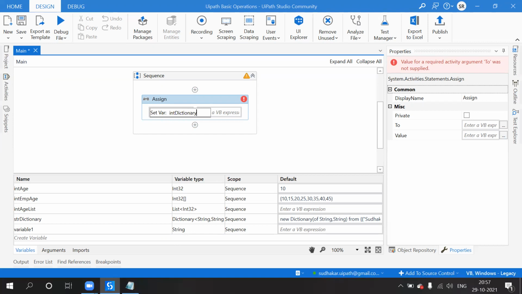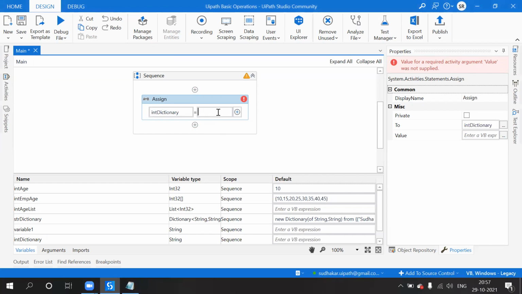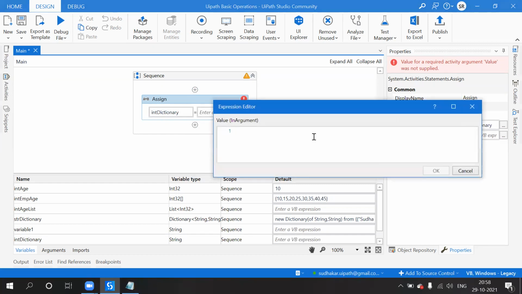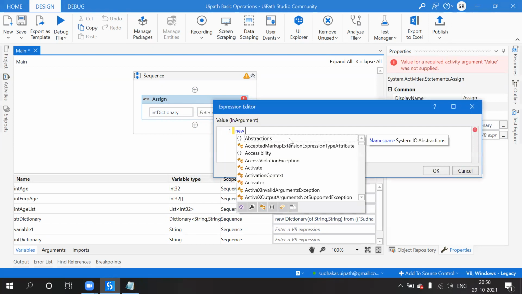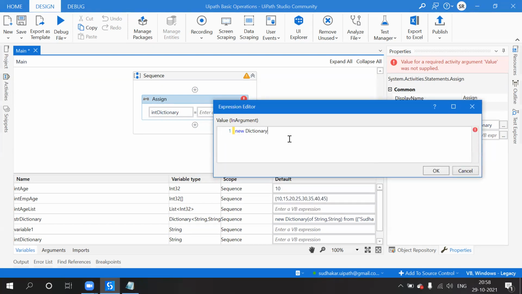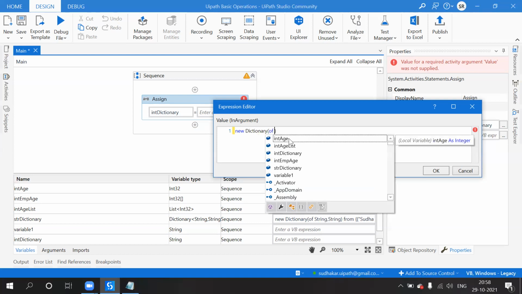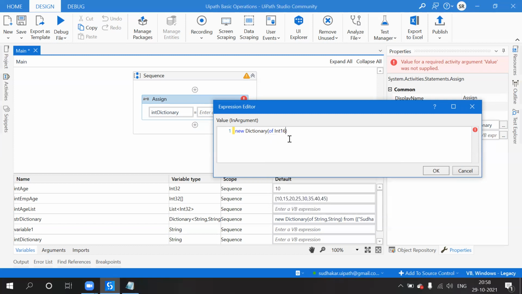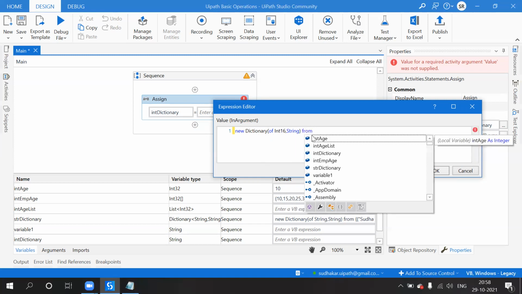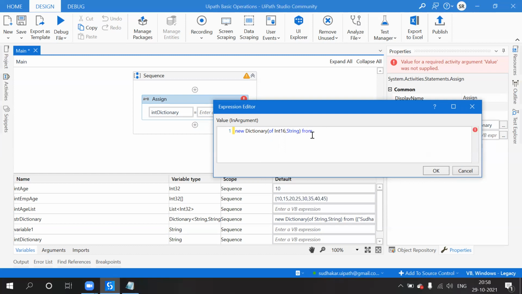Integer dictionary, and here the value, new dictionary of, I want to define it as an integer and string combination, integer comma, it is of type string. Sorry, we have to use it this way.